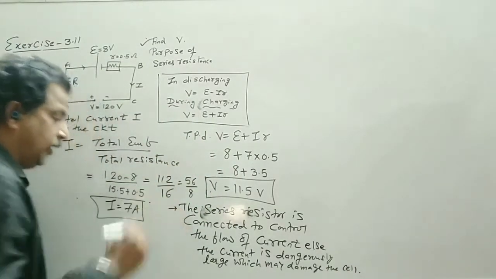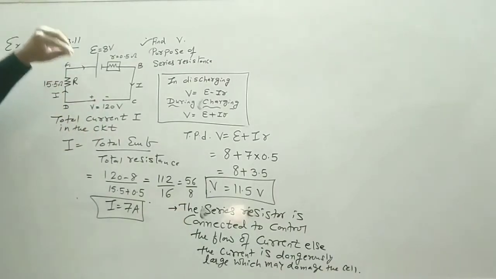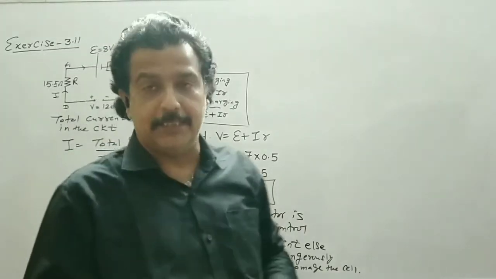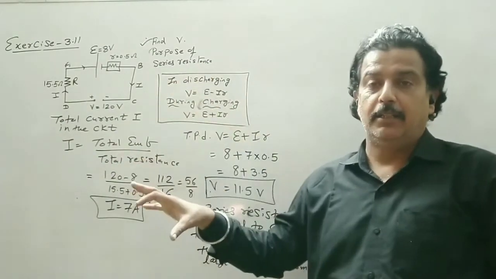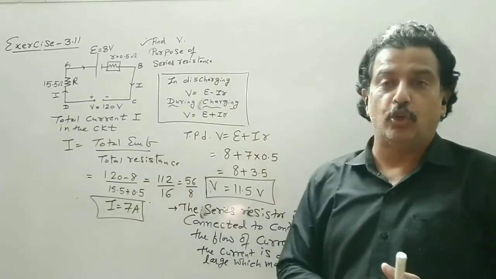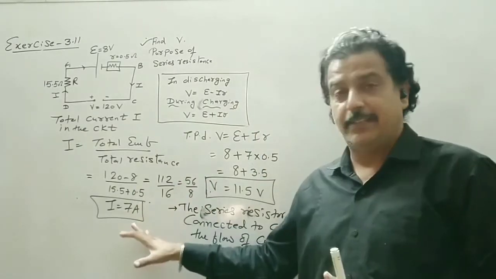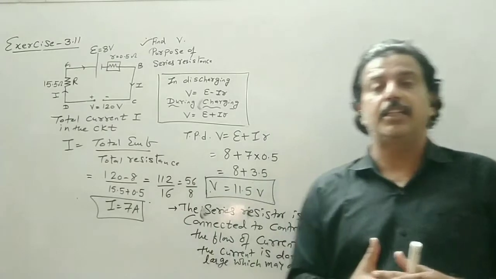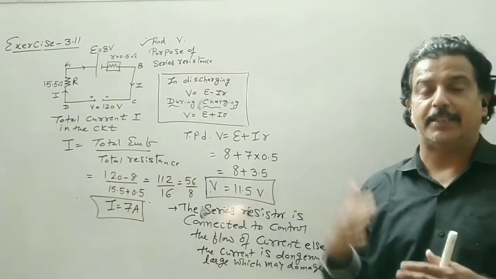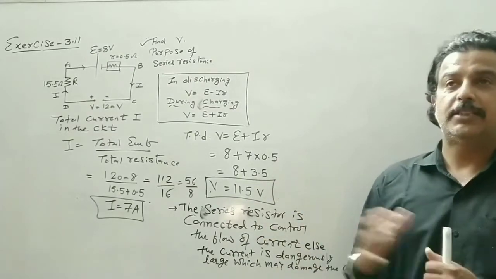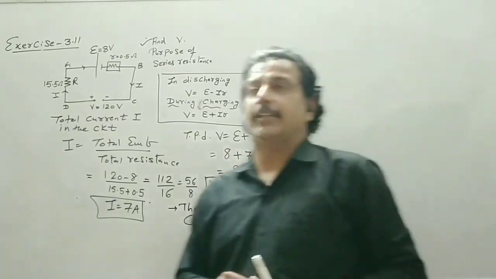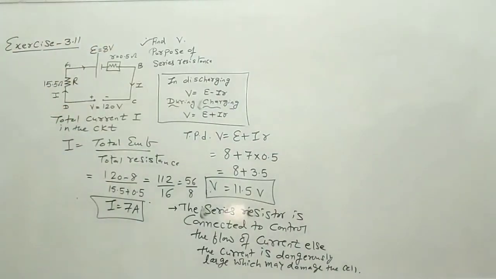Another reason can be, we know that the heat loss is equal to I square RT. Now if external resistance is connected, the current is being controlled in the circuit, the current is less, so the loss of heat energy is also less. As time passes, the loss of heat energy would be less. So this is the reason why we connect an external resistance in the circuit, which is to control the current.